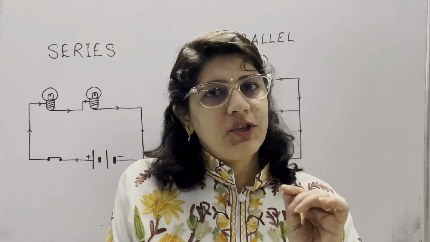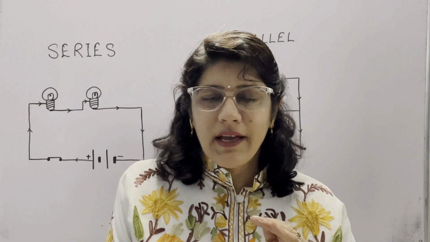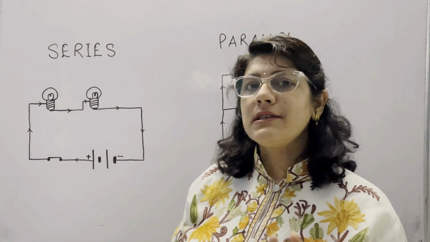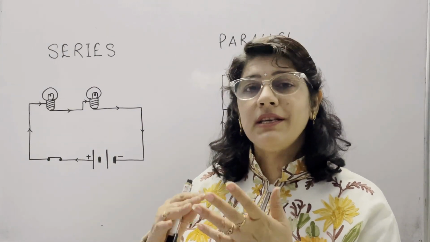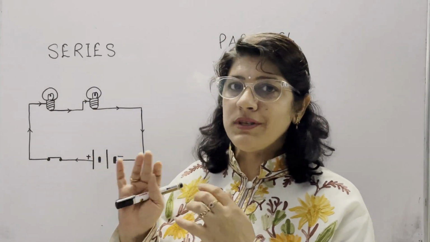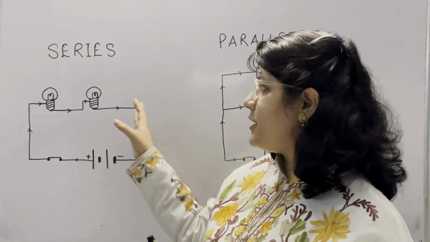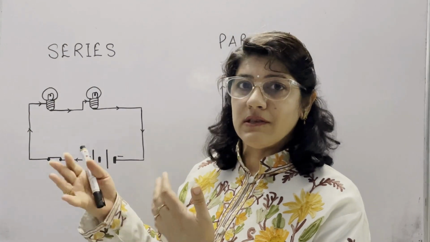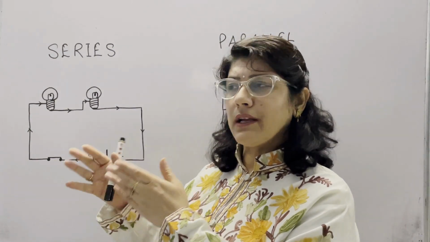There are two ways in which electric components in an electric circuit can be connected. One is series and another is parallel. In series combination, resistances are connected in such a way that the positive of one resistor is connected to the negative of another resistor. Then the combination is said to be series. Characteristic of a series circuit: current reduces with the increasing number of resistances, because resistance increases; in a series combination, resistances get added.